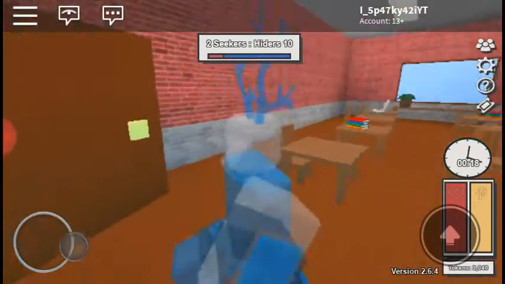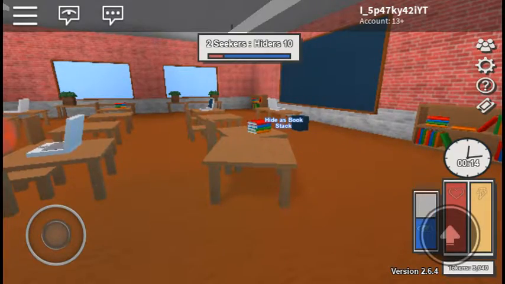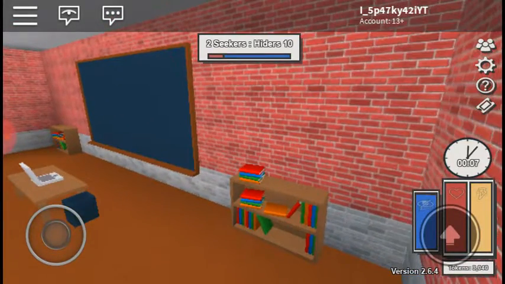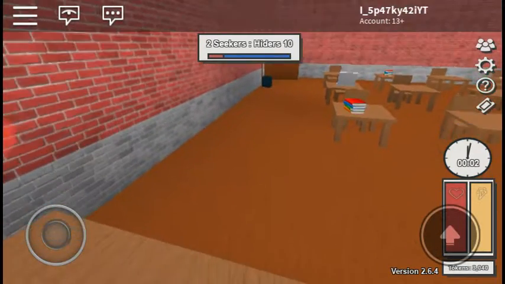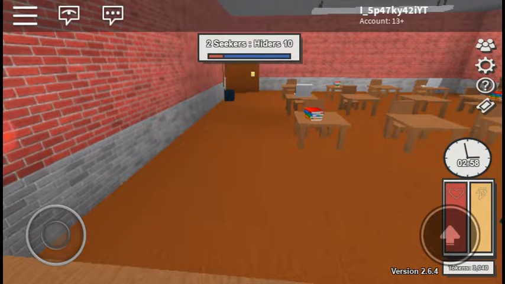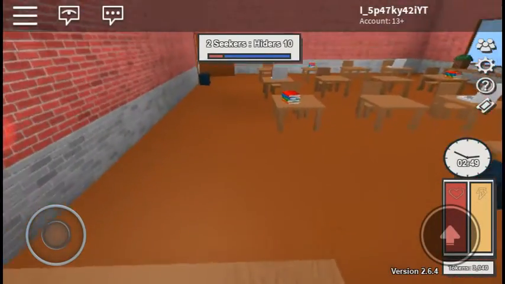I check over here, and I check around this corner here, because this is where I would technically mostly hide. When I'm the hider in this spot right here, I tend to survive a lot longer than in some other spots, like on the table over there or right back down that way. So